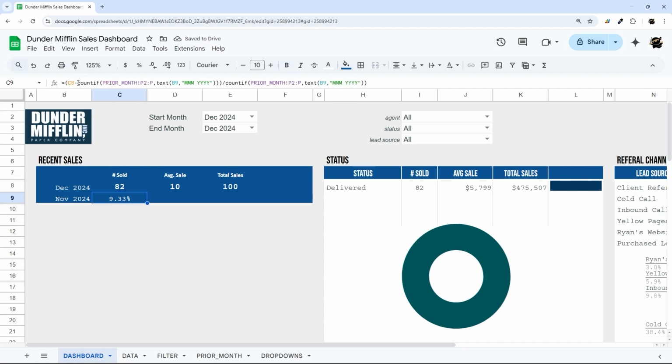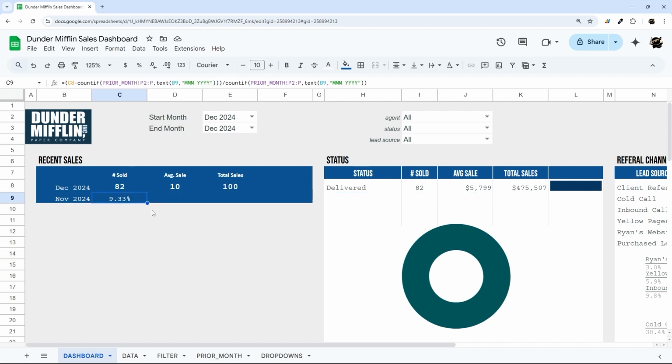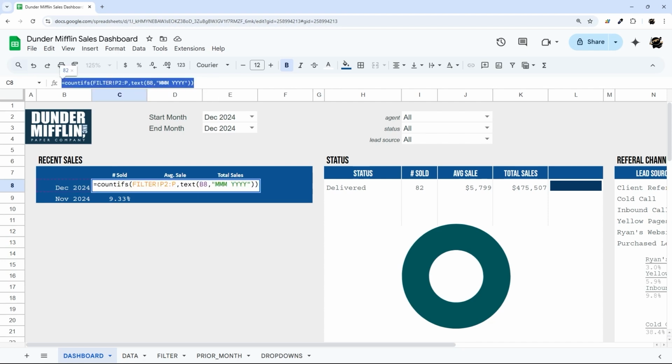So our old one was, select just this part, 75. So 75 to 82 is a 9.3% increase. And so we can do the same thing across the board. Let's do our total sales and then our average sale. So we can grab this one,